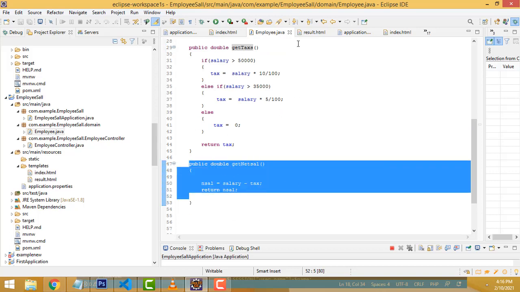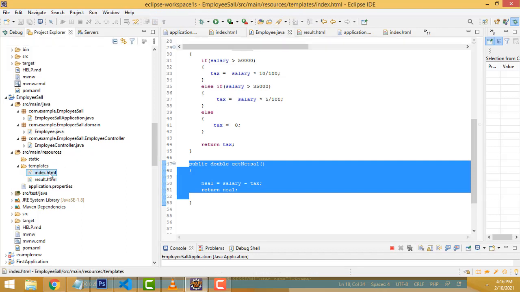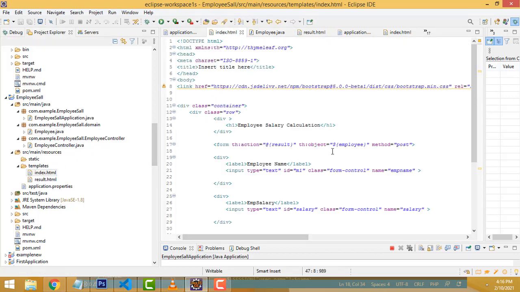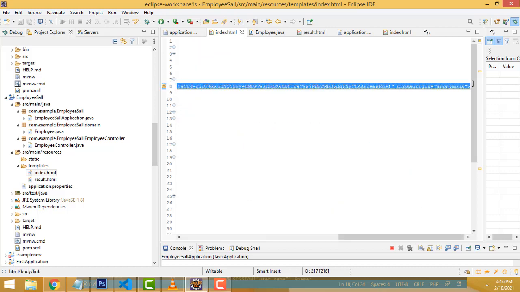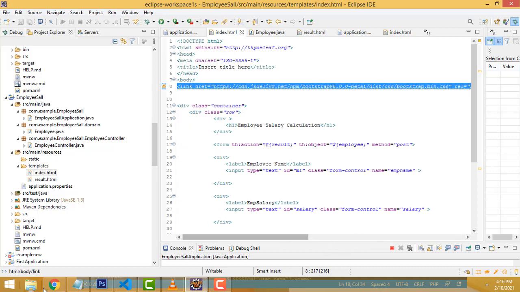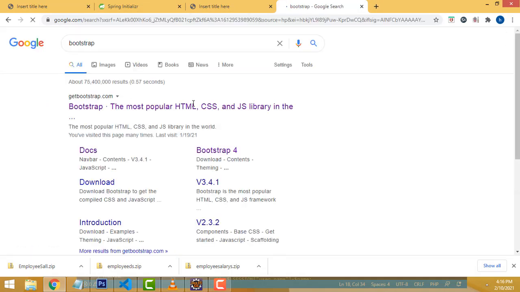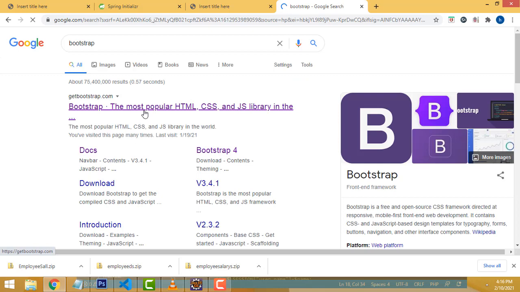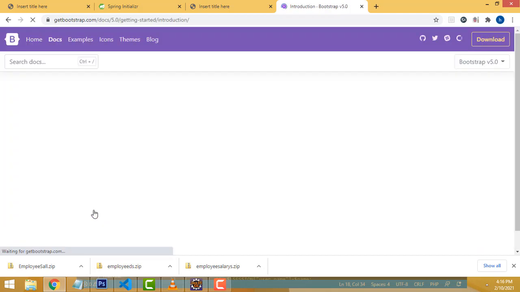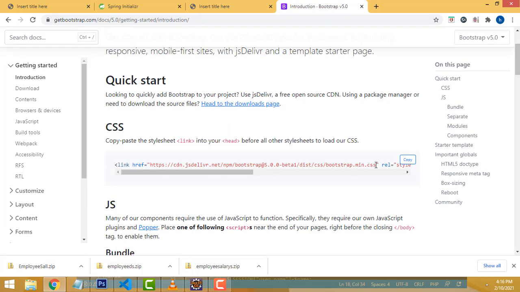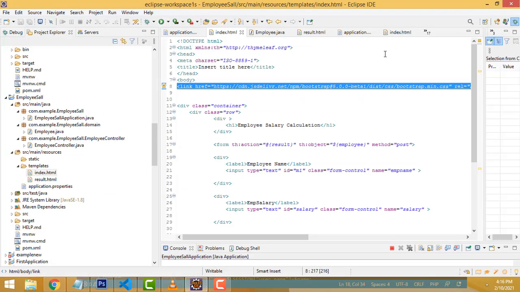After that, what I did here is create the index.html page, very simple. This is the bootstrap. We have copied the bootstrap style here. You can have this style: just go to the relevant Bootstrap website, click Get started, and here this one is the style. You just copy and paste it over here. That's what I have done here.